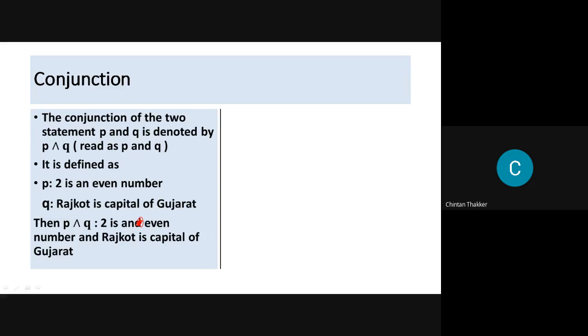So this is a conjunction of two statements.